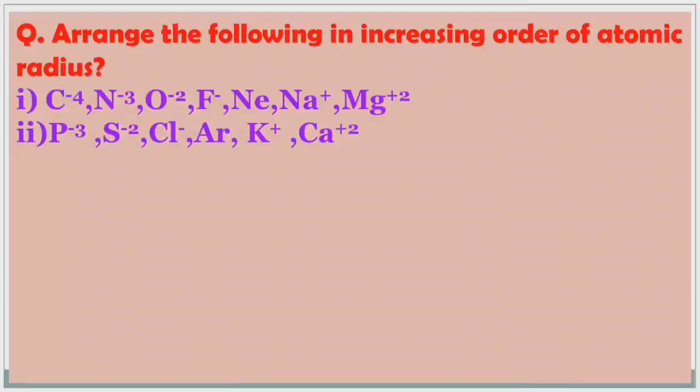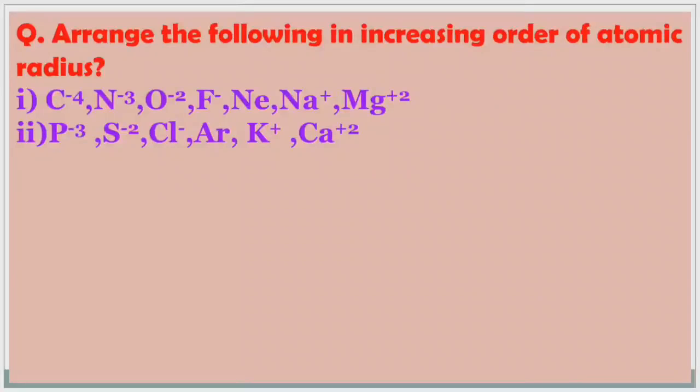Similarly, phosphorus -3, sulfur -2, chlorine, argon, potassium plus, calcium +2. If you observe these elements, all of them contain 18 electrons. They are also isoelectronic species. When we are arranging isoelectronic species in the increasing order of atomic radius,